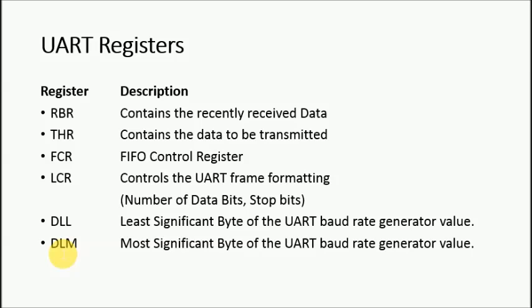Now you remember that we have the two registers that are going to handle the data, that is received data and transmit data. We have again two registers, FCR and LCR, that are going to control the operations here of the UART, and it can be operated in various modes by specifying the stop bit, data bit, parity, even parity, no parity, etc. Again there are two registers, DLL and DLM. L indicates the least significant byte, whereas M indicates the most significant byte for the baud rate generator.